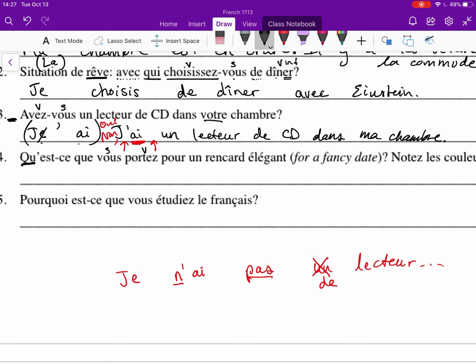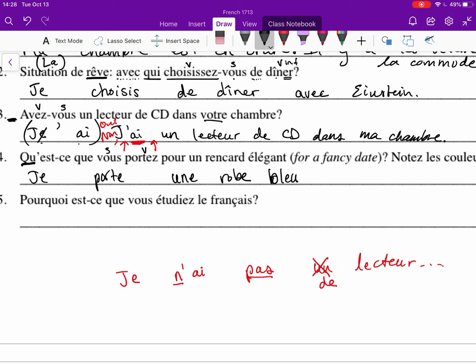Porter is to wear, and they ask later about the colors. So you want to reuse that structure. The vous will become je. Porter done for je will be porte. Identify the clothing and the colors. So for example, je porte une robe